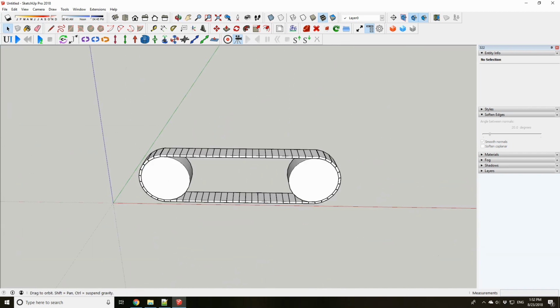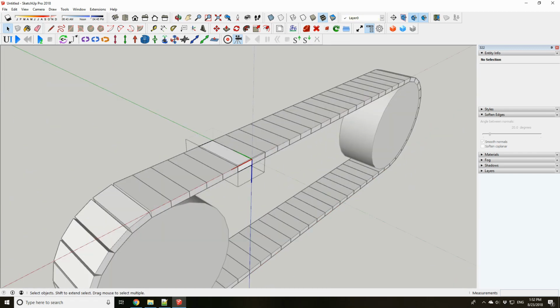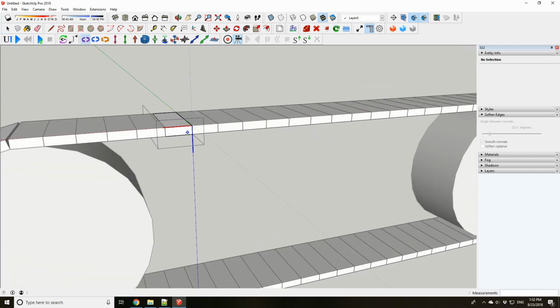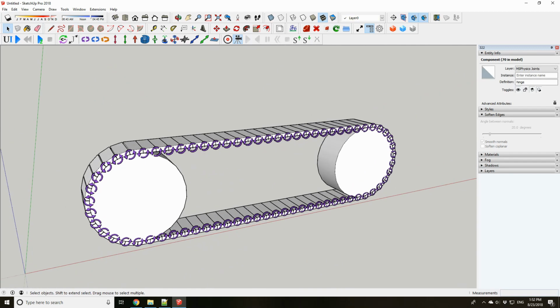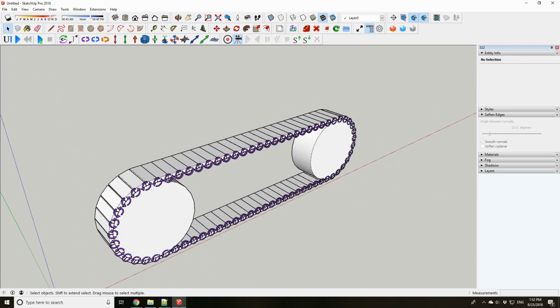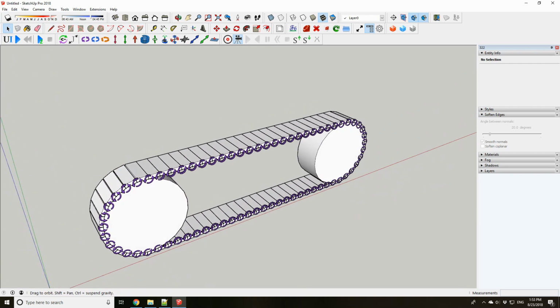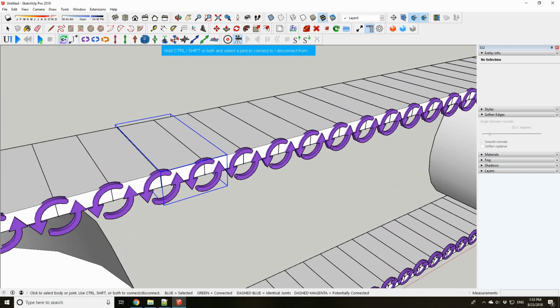Now here's where the interesting part starts. We create one hinge joint. Now this creates it everywhere in all of the thread pieces because they're components. And what we do next is use the joint connection tool to connect one of the thread pieces to its